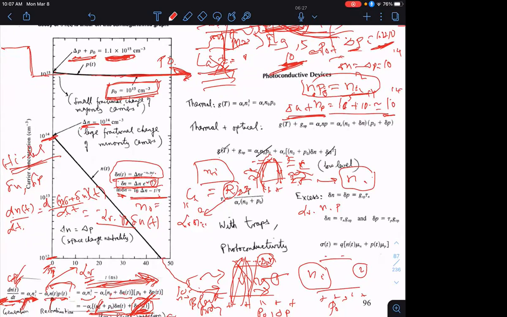Zero. Very good. So then I set this equal to 0 in steady state, okay? And all that I need to solve for is the right-hand side, set it equal to 0, and then you'll have the two cases. For low-level injection, you can just ignore the quadratic term, okay? And under those conditions, then you'll get delta n will work out to